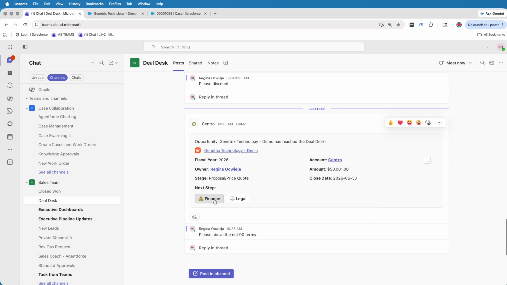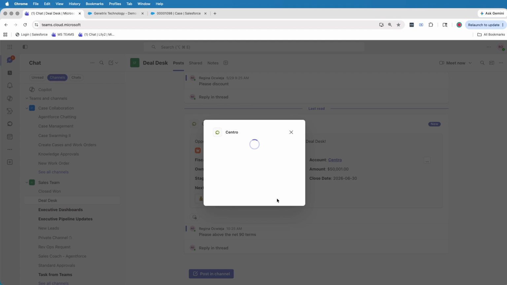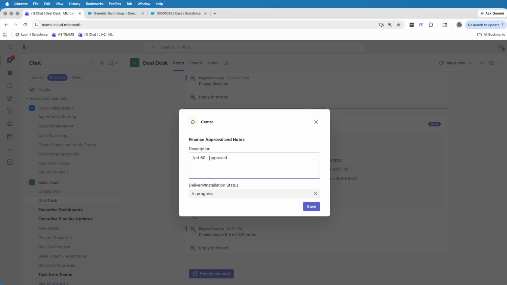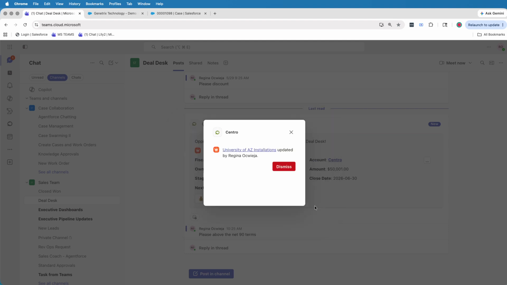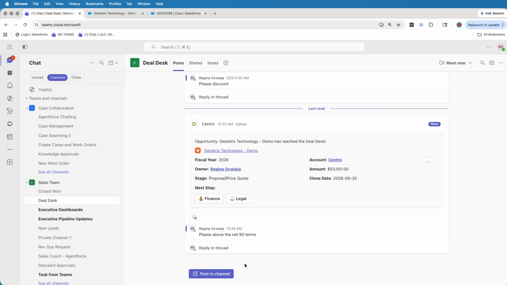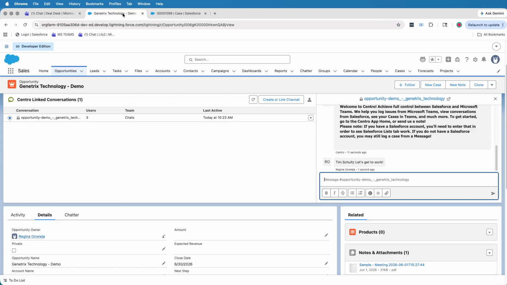Additionally, I have some custom buttons that allow non-Salesforce users to make those changes directly to Salesforce records. So I'm going to go ahead and just change that to net 90, and I'll go ahead and move my status to complete. We can see all of those changes directly in Salesforce, as well as the threads and chats of those conversations. So if we move back to Salesforce and I give this a quick refresh,